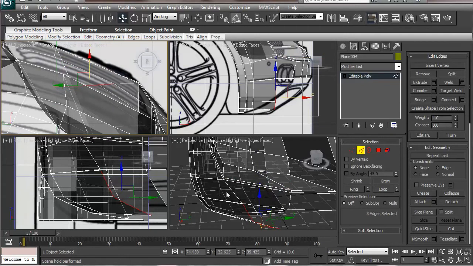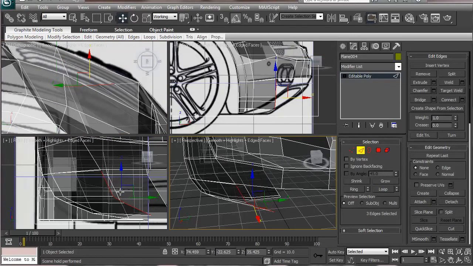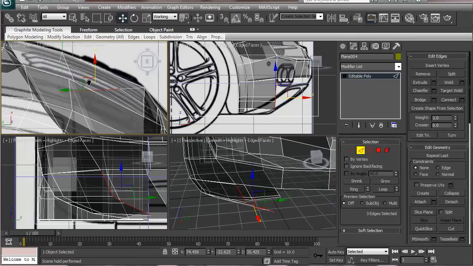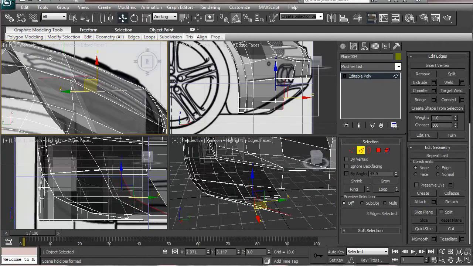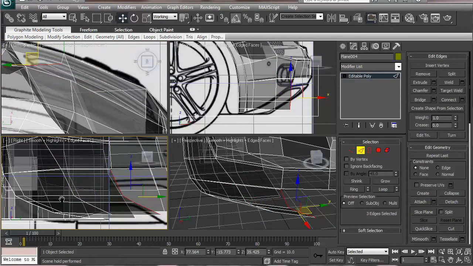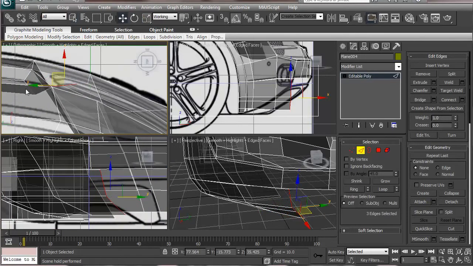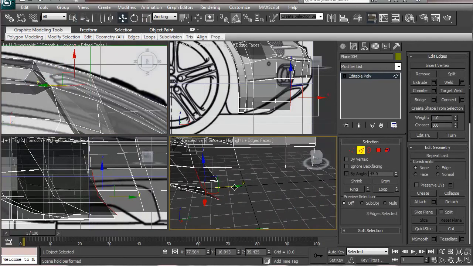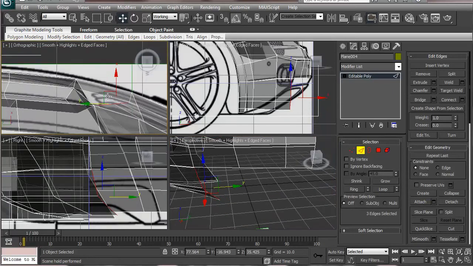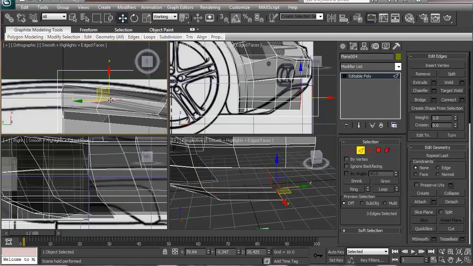And position it approximately over there. Extrude it again. Like that, and this time let's flatten it out just a bit. And make another extrusion, and this time let's take it all the way till the center,